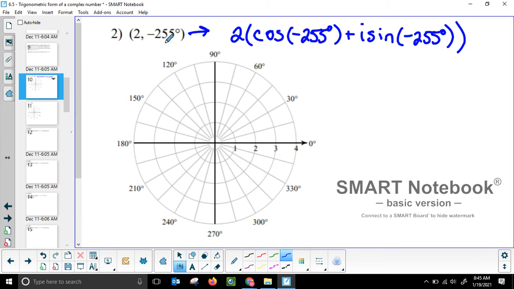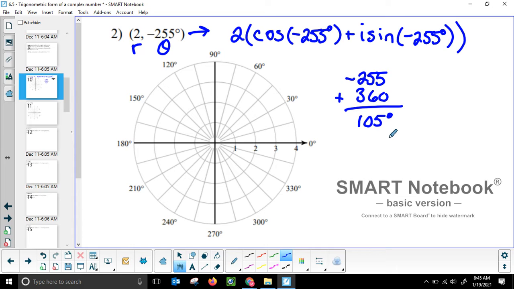So this is my r and this is my theta. Now typically we like between 0 and 2 pi, or in degrees 0 to 360, so we don't like this negative 255. That's okay. To find a coterminal angle, all we have to do is add 360, and that takes us to